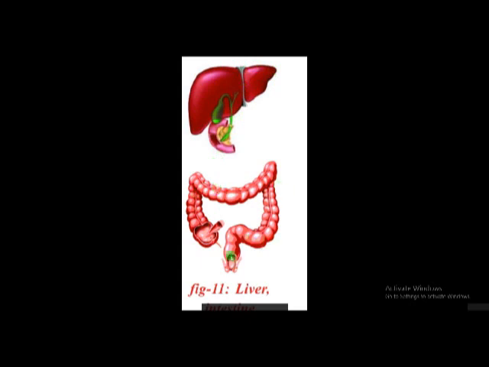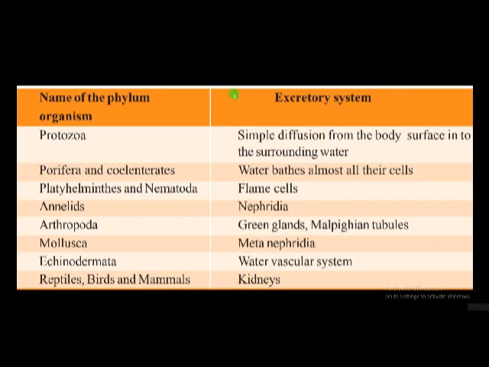It also plays an important role in excretion, and some of the waste products are excreted. Unwanted minerals, unwanted salts, ions, get excreted through the large intestine. So along with kidneys, lungs, skin, liver, and large intestine, they also act as excretory organs. And here is a table. This is about different excretory organs in different organisms.